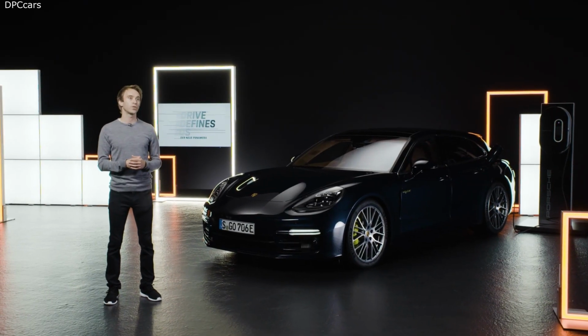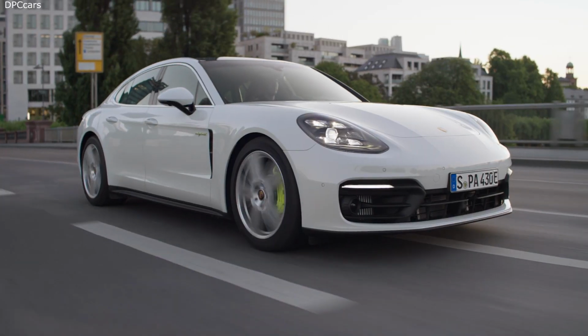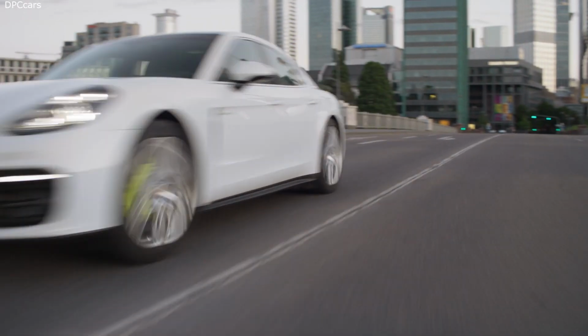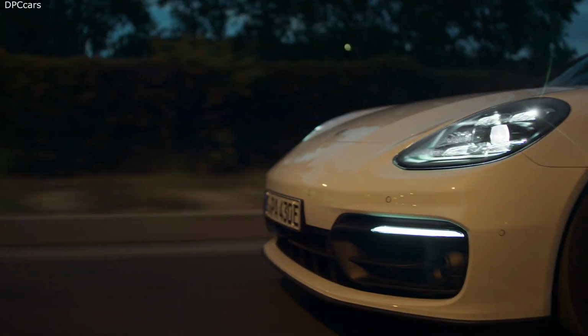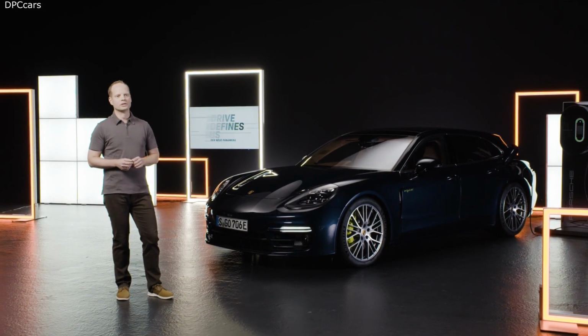It was a performance achieved not in spite of the hybrid drive, but because of it. The completely newly designed Panamera 4SE Hybrid has a system power of 560 PS and an impressive maximum torque of 750 Newton-meters. The heart of the drivetrain, its 136 PS electric motor, works together with the 440 PS 2.9-liter V6 bi-turbo engine. An important development goal for the Panamera 4SE Hybrid was increasing the power output of its high-voltage battery,